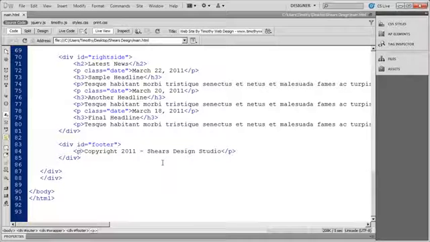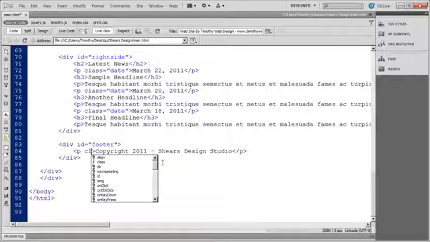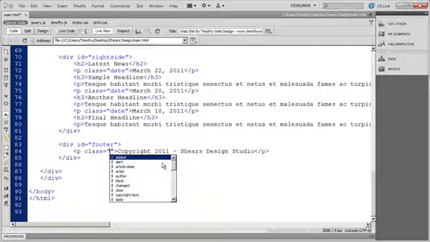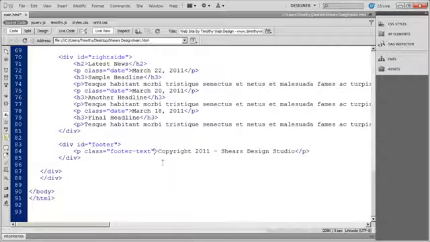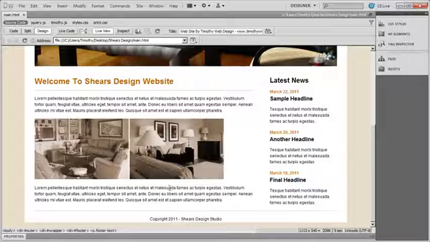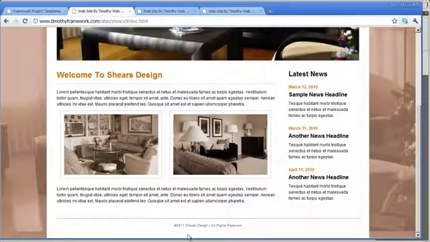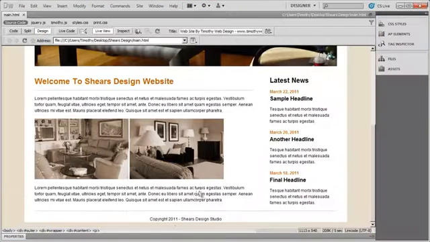So again, I click in the P tag in between the letter P and that bracket, type a space, and I'm going to use the class attribute. And the value for the class attribute that I'm going to use is going to be footer text. And again, that value needs to be in quotation marks, just like all property values. I'm going to go ahead and go into Design View, and now you can see that that has been applied there. One more thing I need to do here is there needs to be a little bit of spacing underneath that